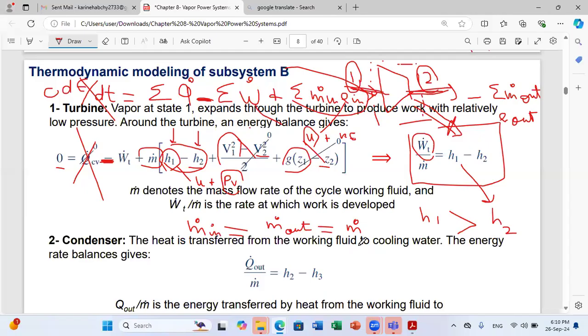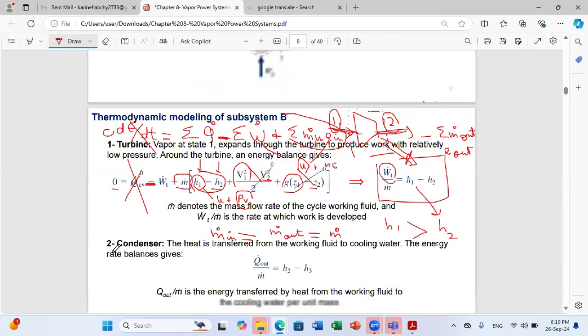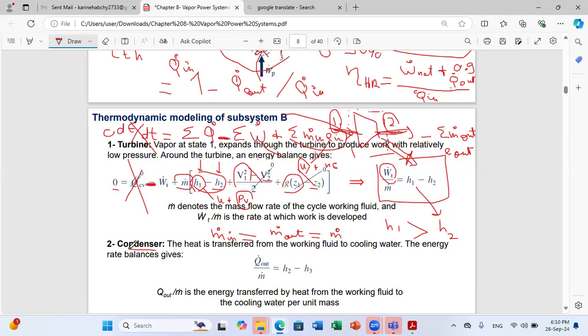Now, we'll do the same analysis for all components of our system. So now we'll do the energy balance for the second component, which is the condenser. For the condenser, you should keep in mind that here you have heat exchange, no work. So the sum of work is 0 for this component. And for your condenser, you are